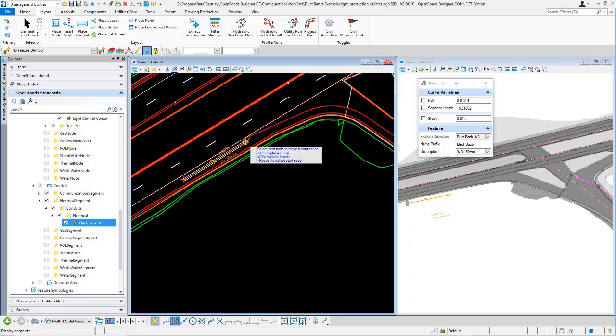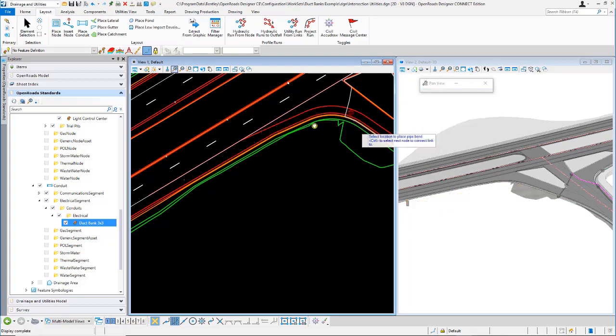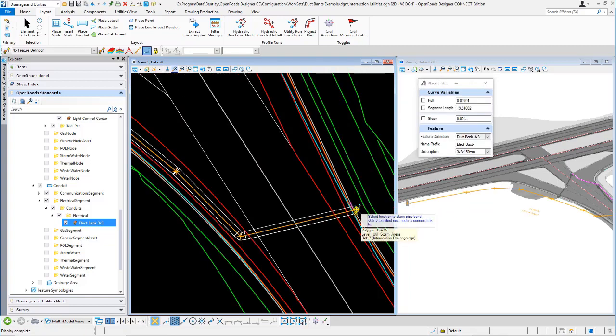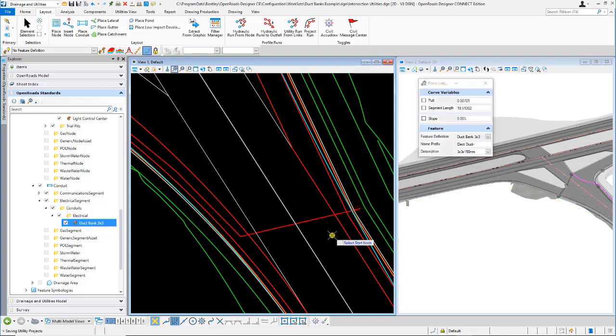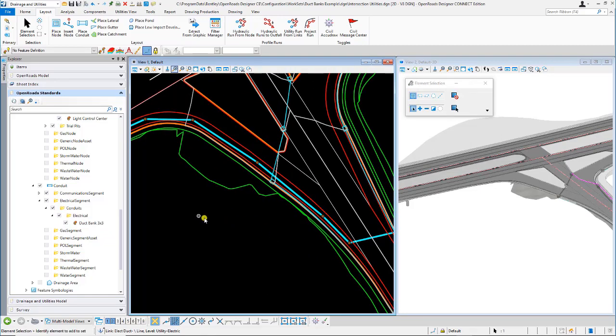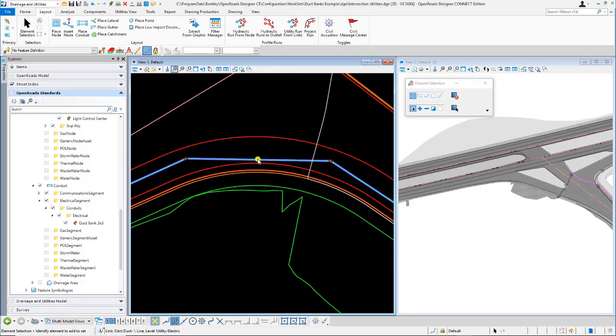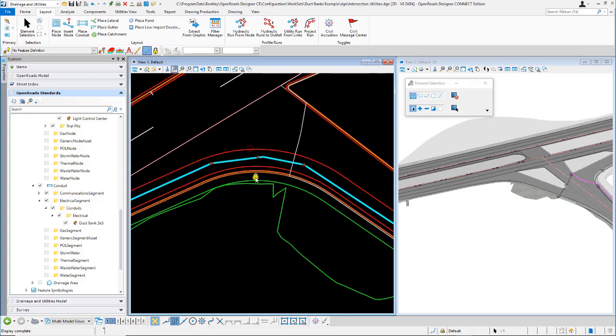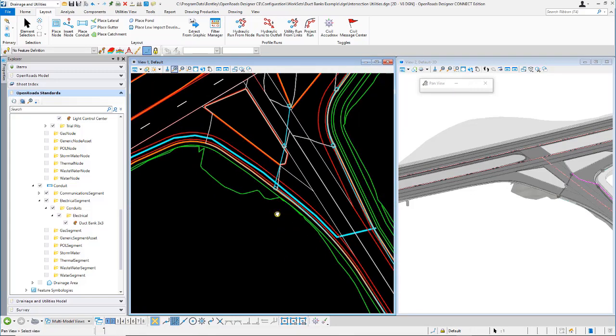Now I'm going to place some bends, so I'm just going to hit Control. As I say, I'm just going to eyeball this in just so we can place the conduits. And then all I need to do is select Control so I can go and pick my connecting node. That's going to create my conduit, and there it is. Again, if I just want to modify this, I can come in and you can see there's my drag curve,